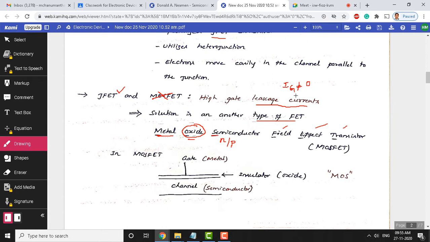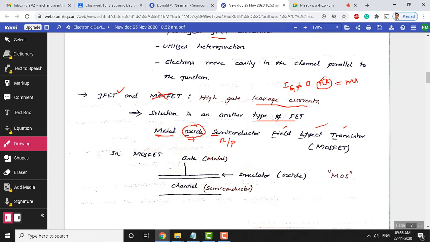If continuously gate current gets leaked, a small amount of gate current keeps flowing, typically in nanoamperes. Okay, if this goes to a milliampere level, I am sure that there is significant voltage drop at the gate itself. This is a major disadvantage in the JFET. So, that can be overcome by perfect isolation between the gate and the semiconductor, which in our case in MOSFET, the top metal layer acts like a gate, and we are totally insulating it by having an oxide layer here.